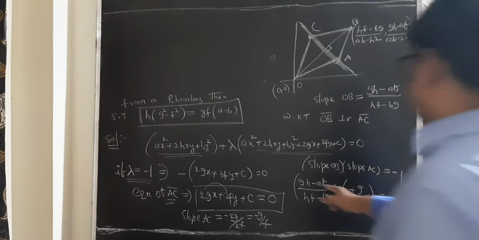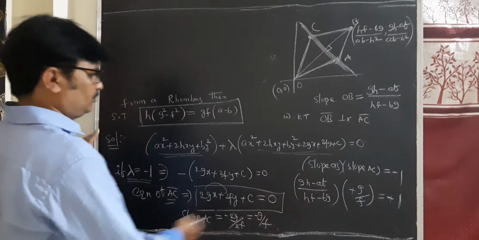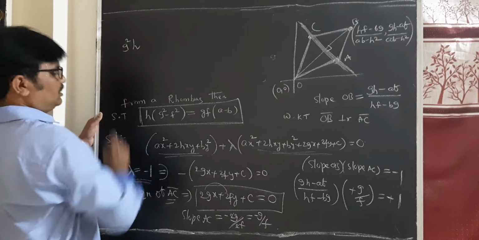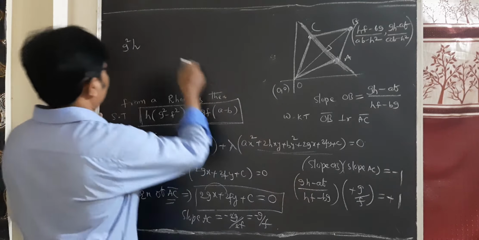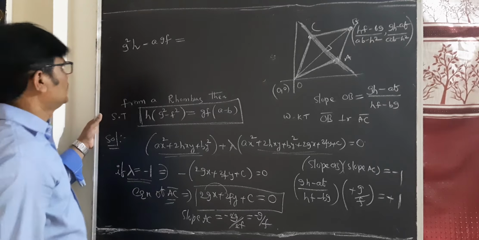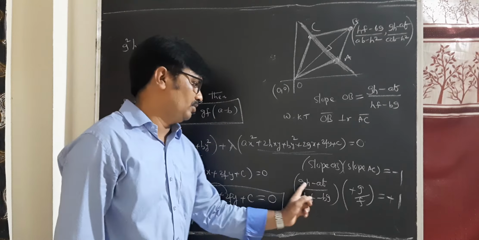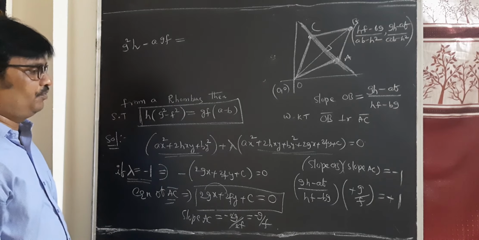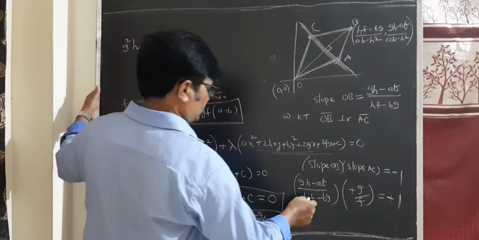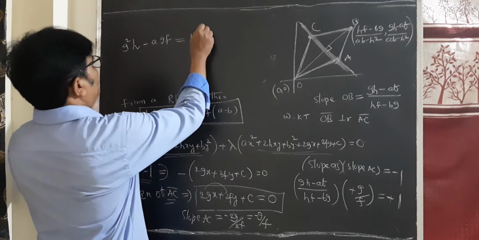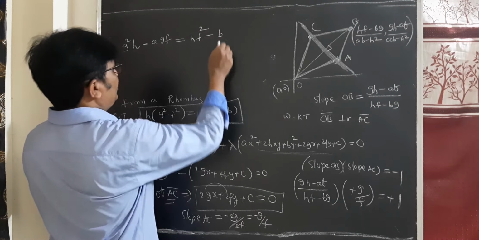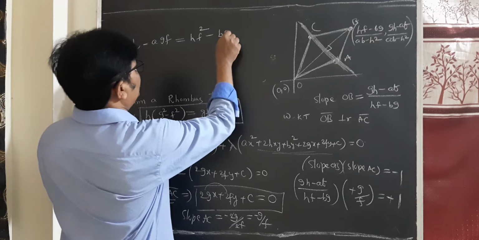Therefore dear students, here we have to multiply with this one. Therefore there it is G square H minus of A into GF. Okay students, G square H is multiplied with G square H minus of A into GF. After that, students, we have to multiply with this one, H into F square, H into F square minus of B into G into F, GF.